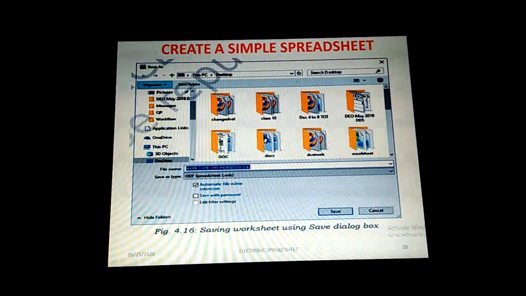By default the automatic file name extension will be ODF spreadsheet, that is .ods only. This is the file extension of a LibreOffice Calc worksheet file.